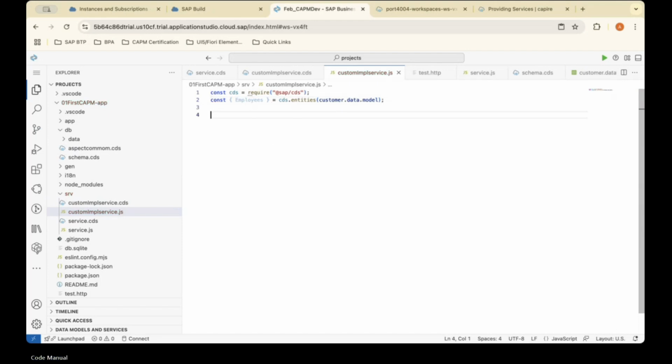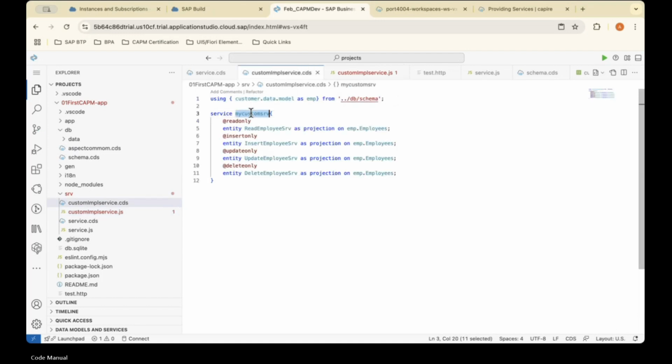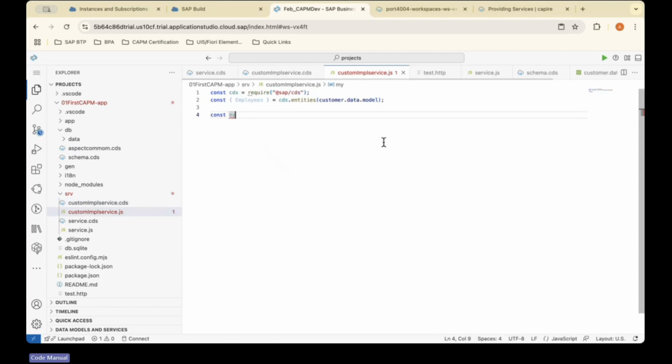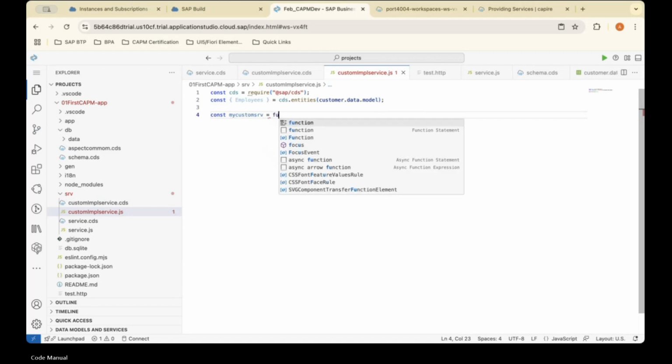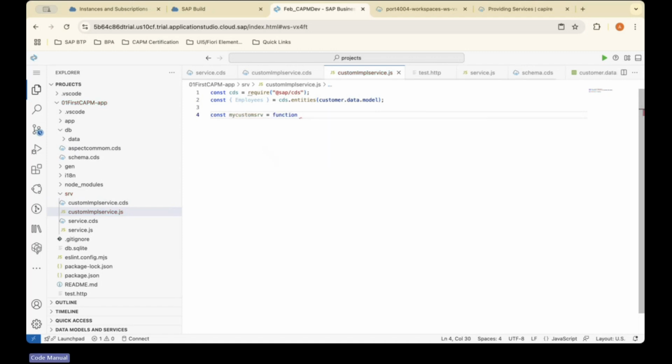Now here, const my custom SRV function of SRV,